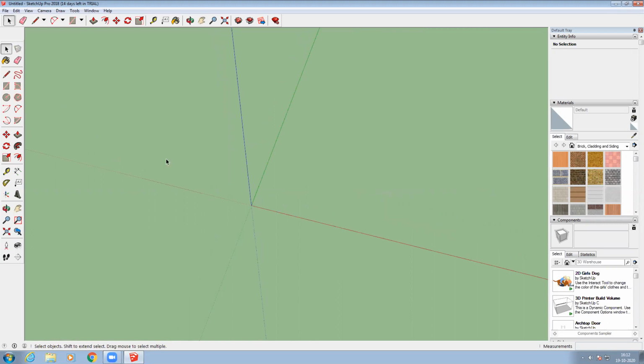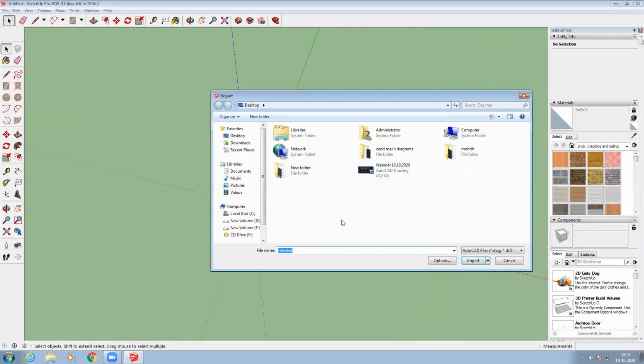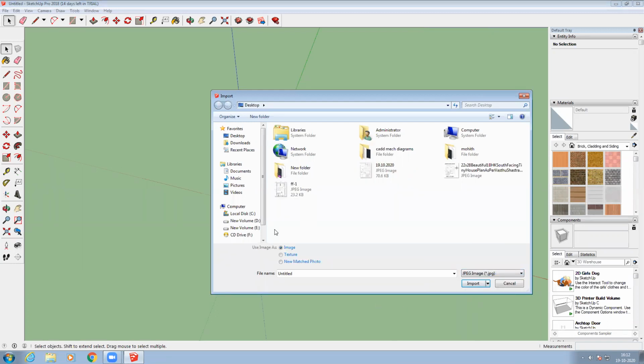Yeah, delete this. Right after that, I have to import an image. Then what I have to do is, here the option you can see, right? So AutoCAD files are there, just you go to there, and here the JPEG image option is there. Just you click on that JPEG image, then you're going to get whatever JPEG images there are in your system, right? So in this, any one plan I'm going to take.